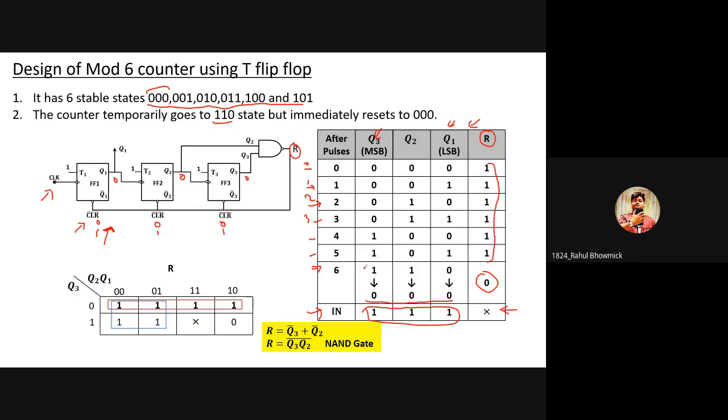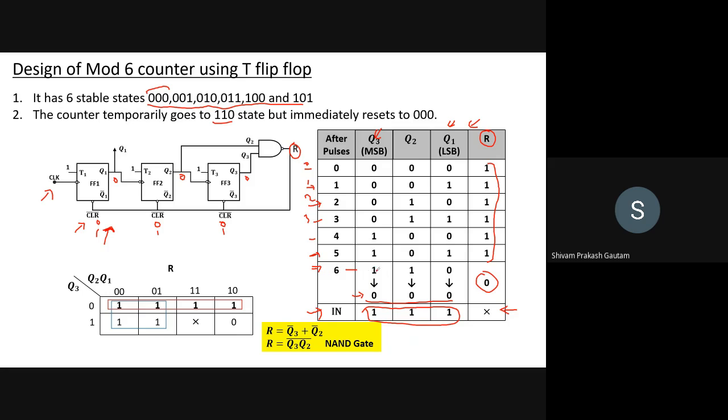Can you explain the 6th state once more? Okay. Starting from here or from the table? From the table. Okay. So you can see after the 5th state, by the normal operation, the flip-flop output comes out to be 110. But we do not want this state. We want that whenever it goes to this state, the counter should reset itself, and our output should become 0, 0, 0.